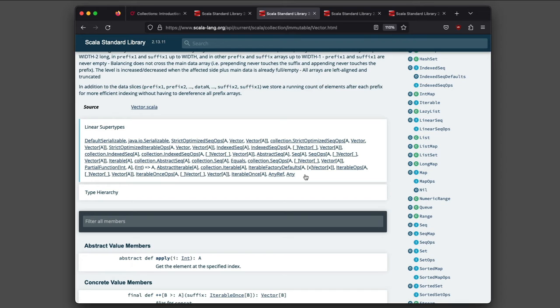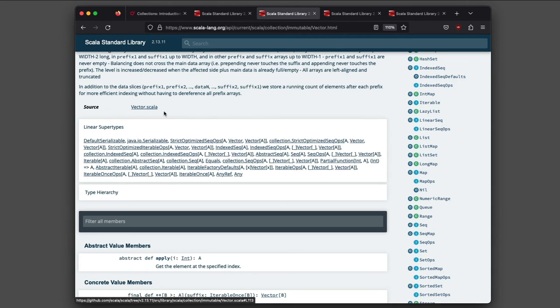And frankly, I have no idea what most of these are. I know what an iterable is, and I know what a vector is, so I'll talk about that more. But a key here is that these are composed with Scala traits. All these little traits like serializable and, what's another good one, IndexedSeq. These are all traits, and they have just the minimum amount of methods that are needed for that trait. And then what happens at the end is you mix them all together, and then you get this Scala